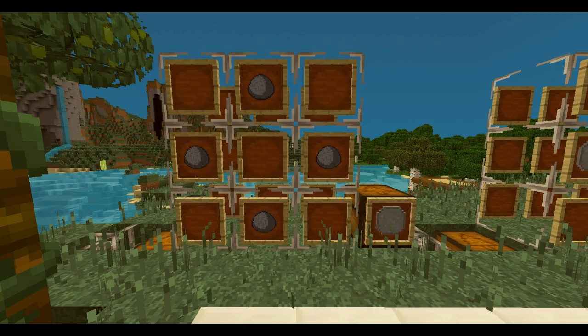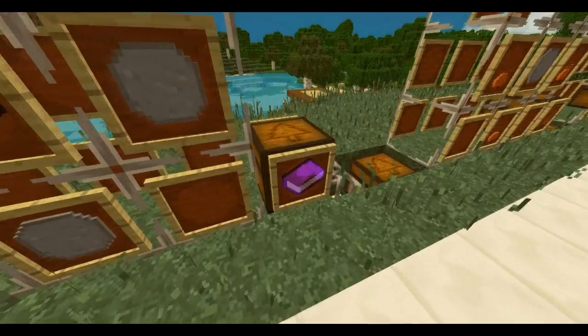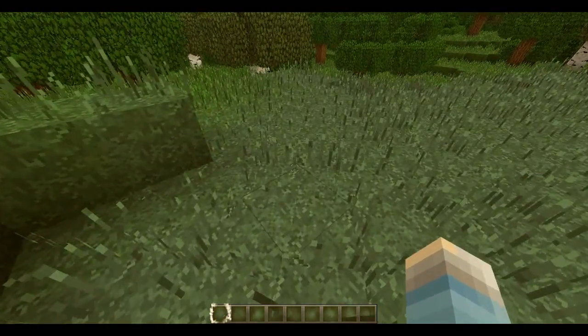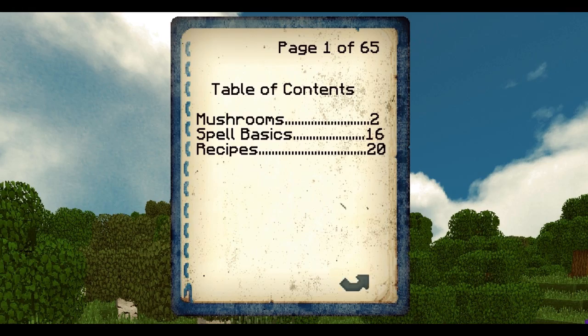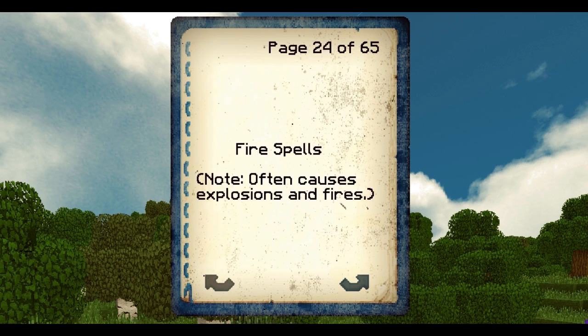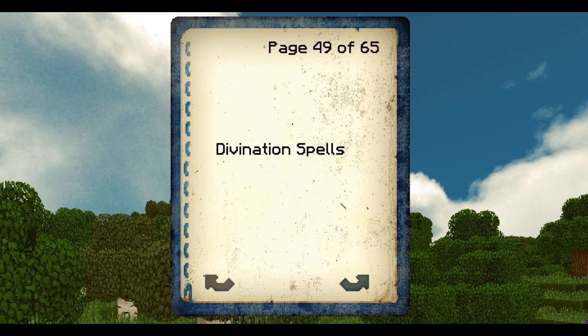So anyways, once you have your first blank tablet, you're going to want to create 3 more and put a book in the middle, and that will give you the Spellbound book. Now this book of spells, this book right here will be your guide to the entire world of Spellbound. So once we right click on it, we can see that it gives us the table of contents, tells you what mushrooms do, and it also tells you about all the different spells. Well, the fact that there is 65 pages should really give you an idea that this book is pretty important